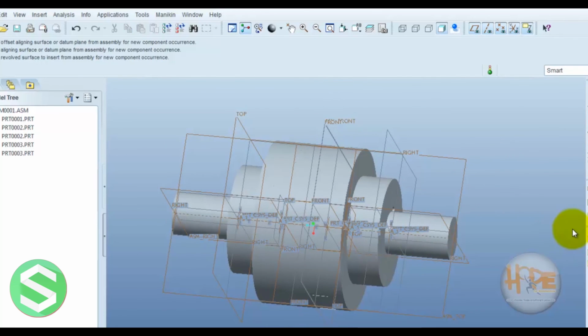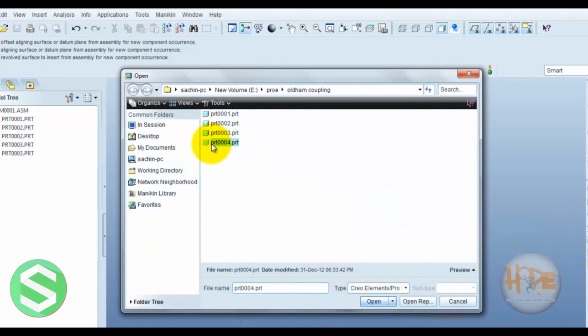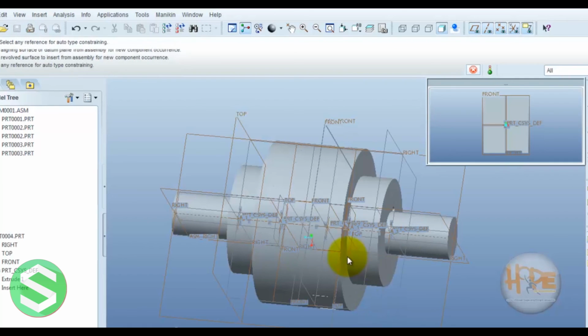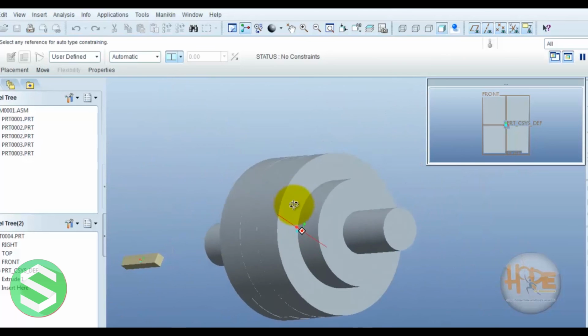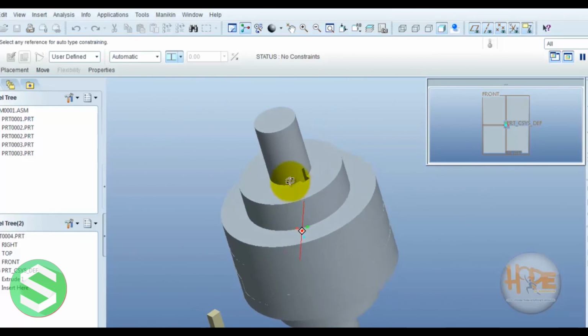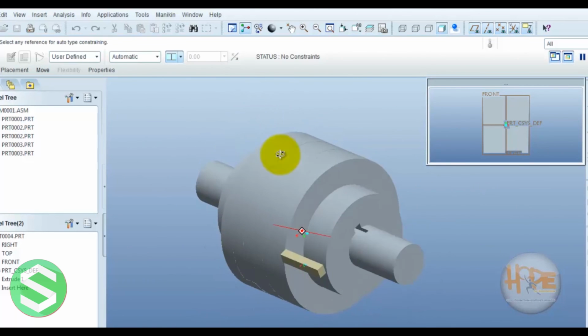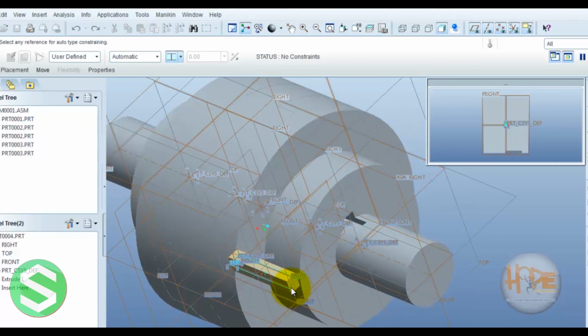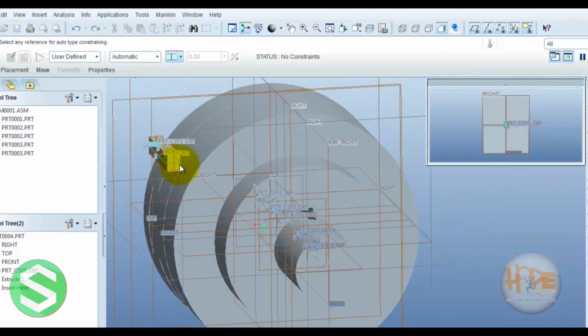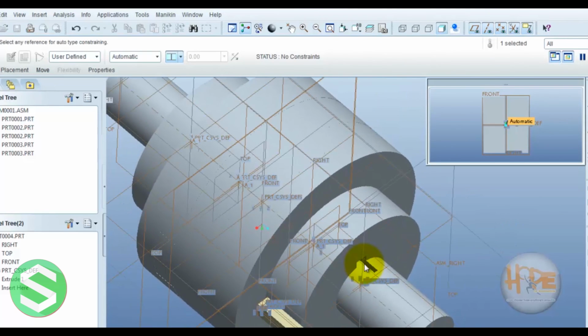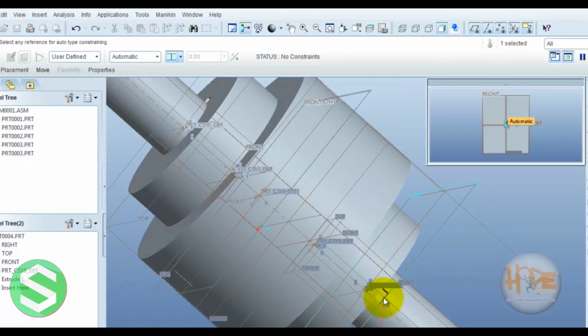Now we can add the last component, key. Now we can touch this surface with this surface.